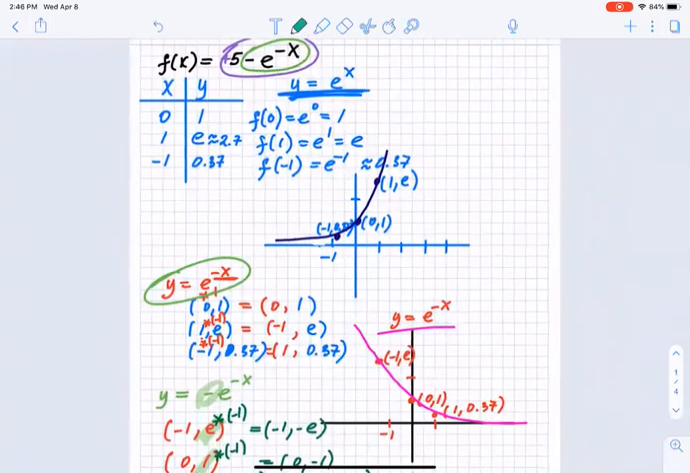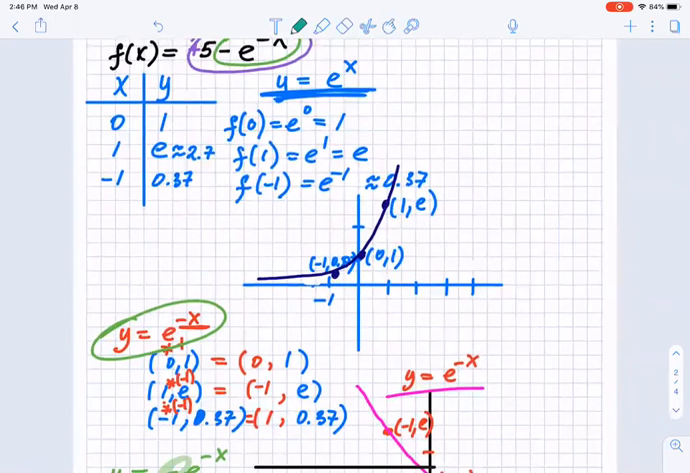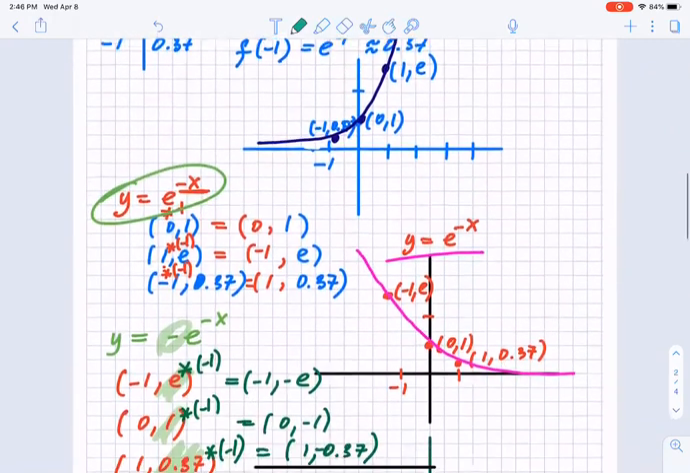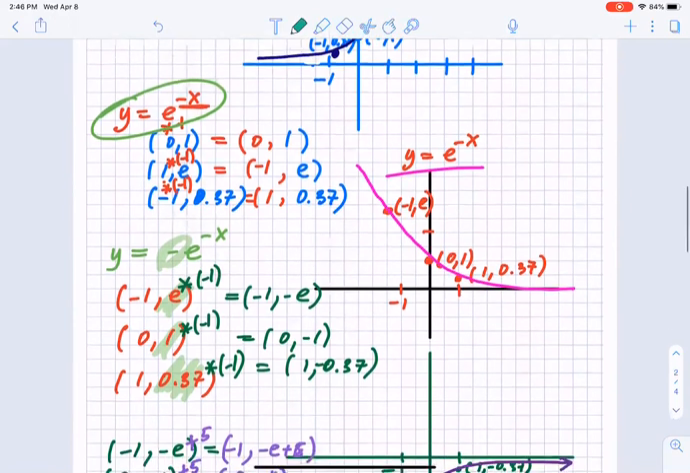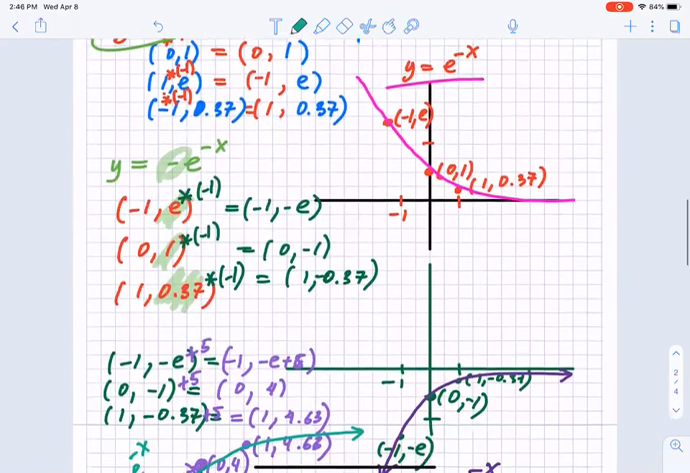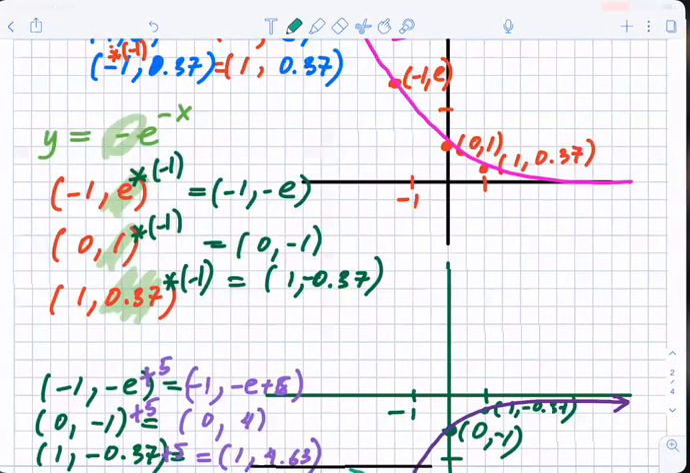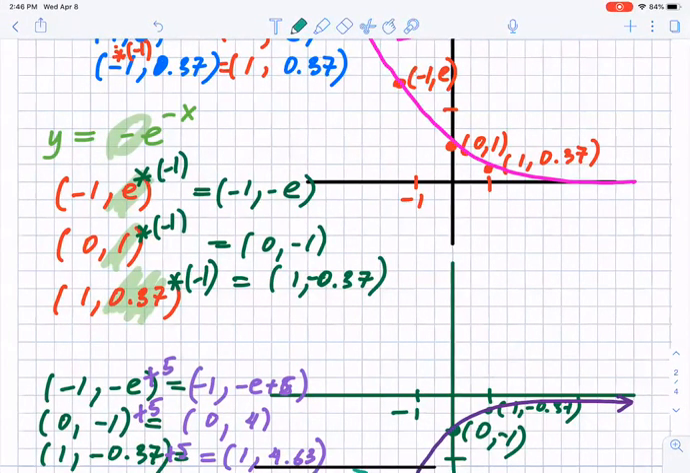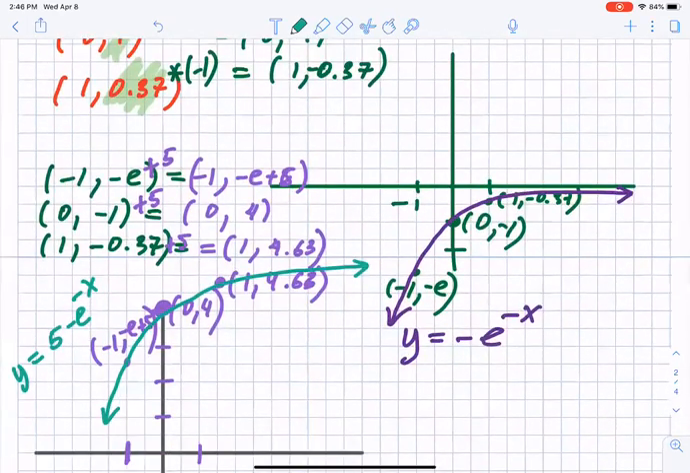So we first graphed the original blue one, e to the x, with the three original points. Then we graphed e to the power of negative x by multiplying x coordinates by -1. We graphed that red part. Then we graphed this green part, which is multiplying your y coordinates by -1. We graphed that. Then we graphed